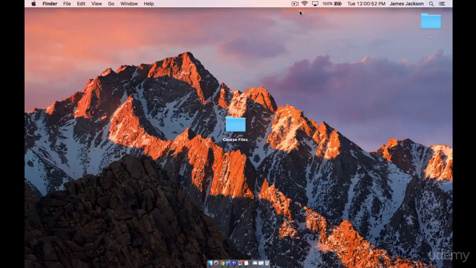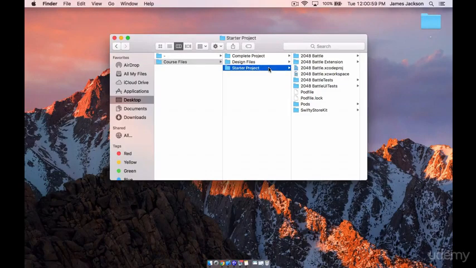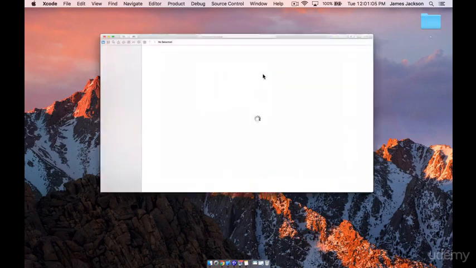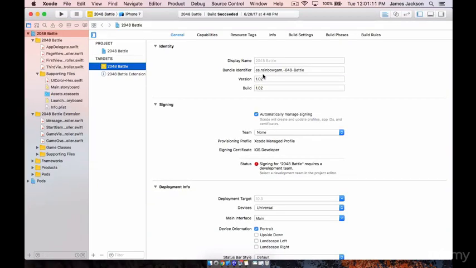Okay, so now that we've got our design all figured out, let's go ahead and open up the starter project. It's located under the course files starter project, and then open up this XC workspace. Now, this might look a little bit intimidating, but I'll go ahead and walk you through it, and it's pretty